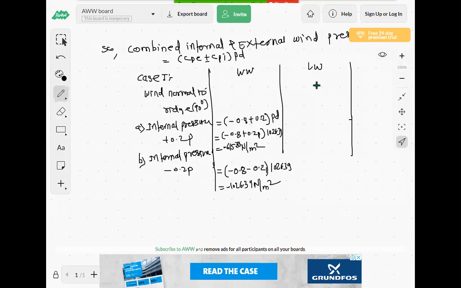Now similarly same for leeward side. Again leeward coefficient we have found out, that is minus 0.73. Now plus 0.2p into 1026.39. This is first, and second again